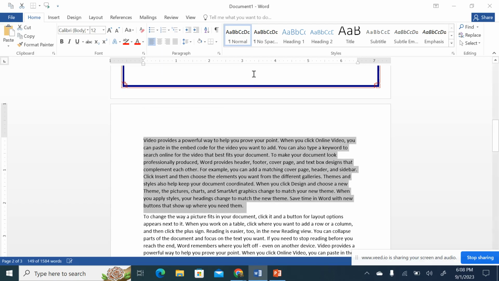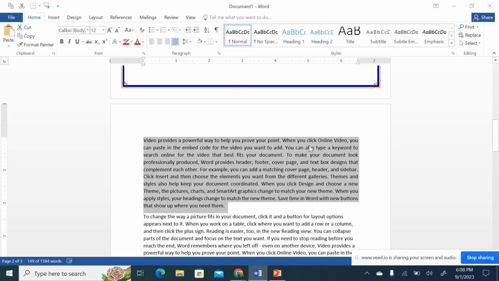Take an example. If I come over here, I have my paragraph. You can see with your eyes, I cannot notice where I have unnecessary spaces. Maybe between video and provides I put some space without knowing. With my eyes, I cannot differentiate the space between a and powerful and video and provides over here. But if I select this one over here, I click on